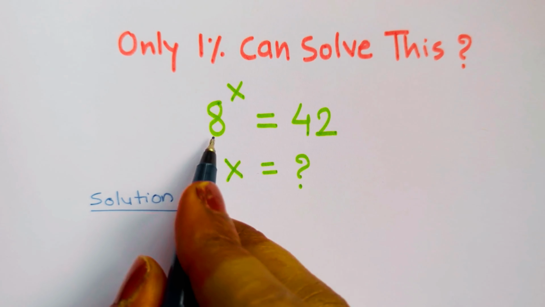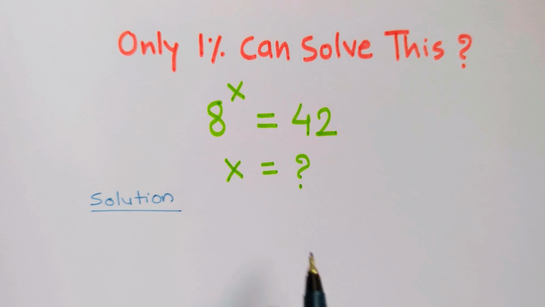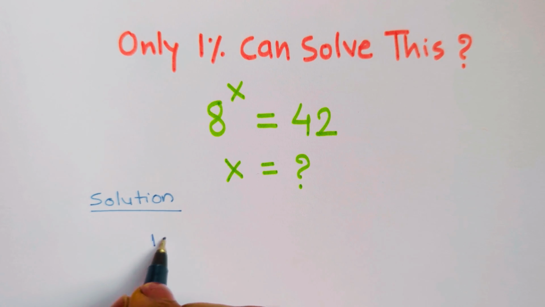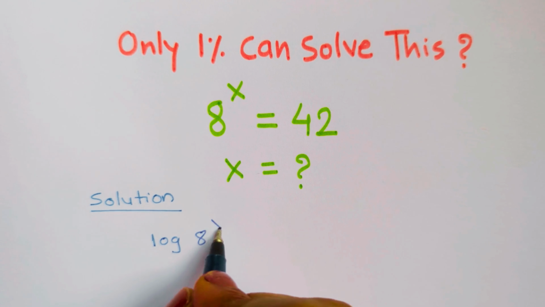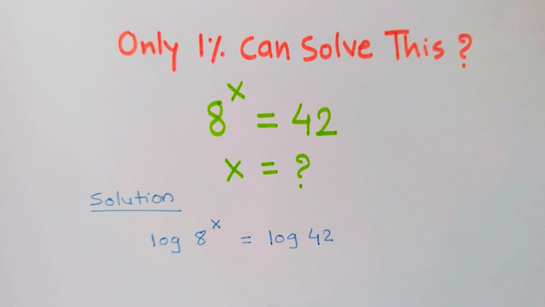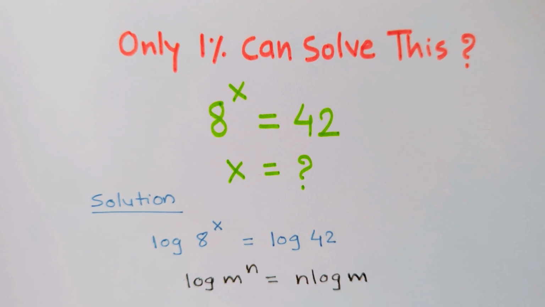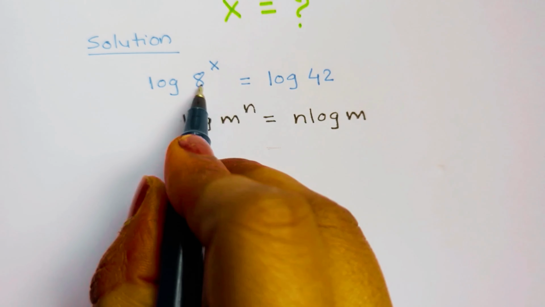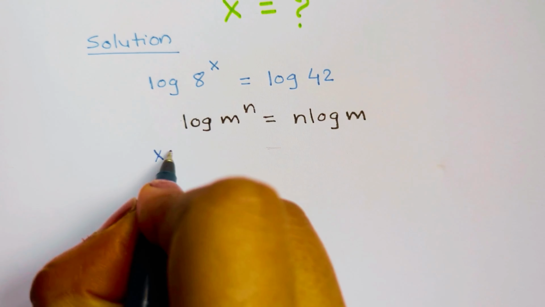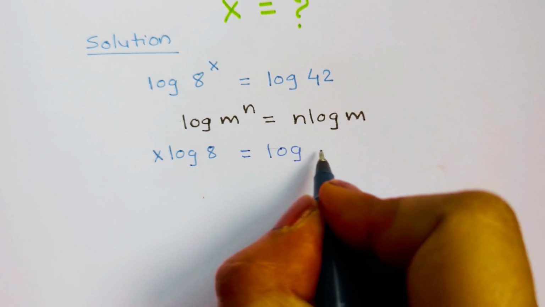So basically here we have on the left hand side 8 to the power x and on the right hand side 42. Let us apply the log on both the sides. Log 8 to the power x is equal to log 42. Now we have a formula: log m to the power n is equal to n log m. Let us apply this formula to our left hand side, which will turn into x log 8 is equal to